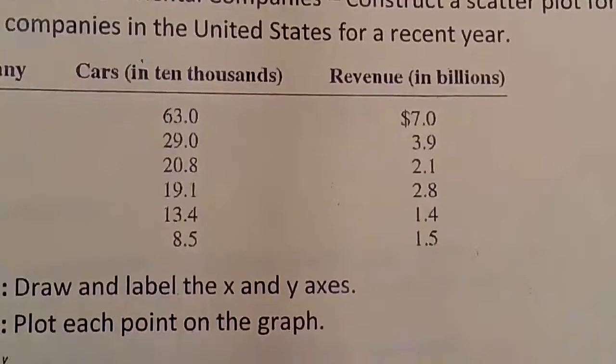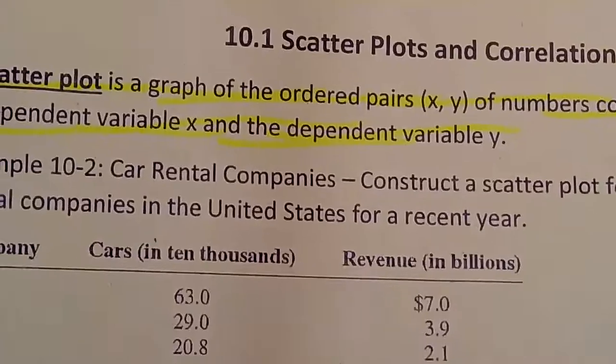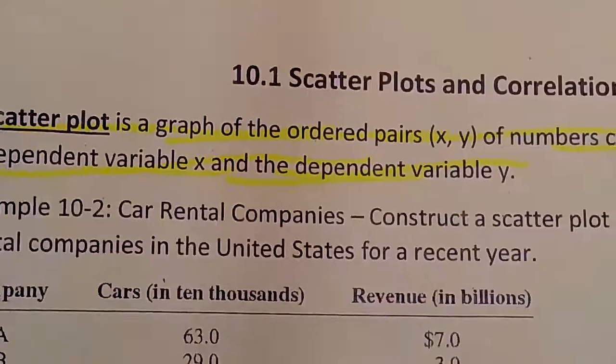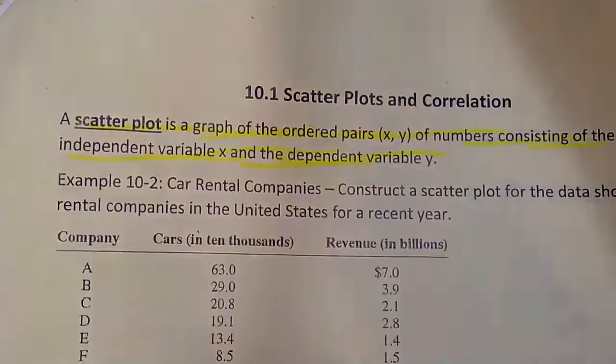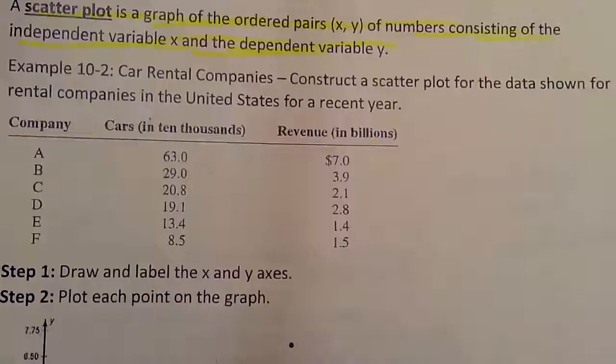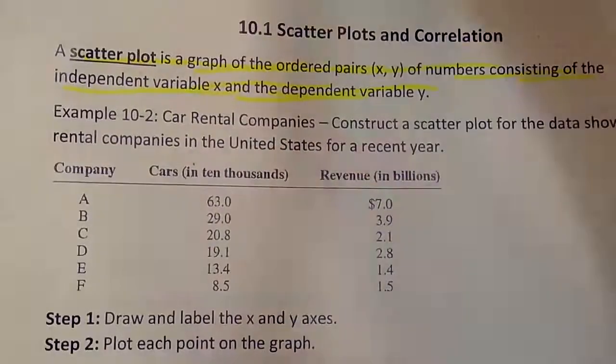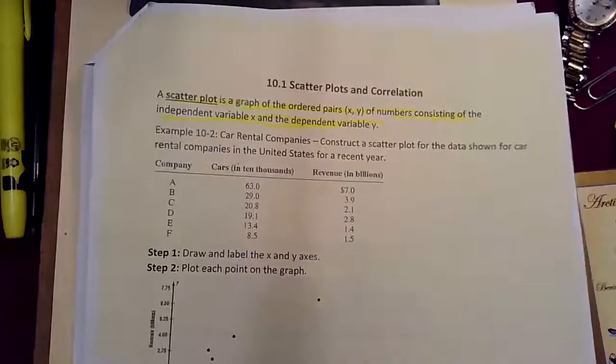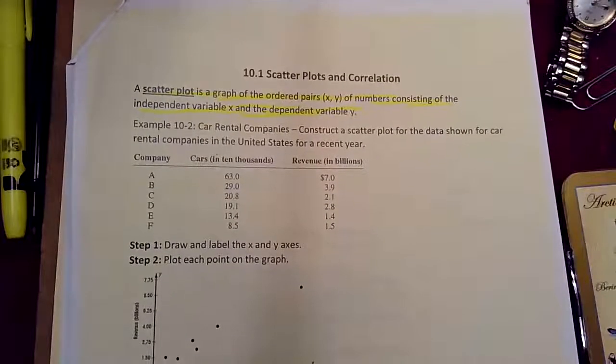This is also in your workbook. Mine just has a yellow hue to it. When I made my copies, I had this yellow paper at hand, so when you make your copies, yours will be white. On this page, we went over chapter 2, section 4, scatter plot. It's reminding us what a scatter plot is. It's a graph of the ordered pairs x and y of numbers, consisting of the independent variable x and the